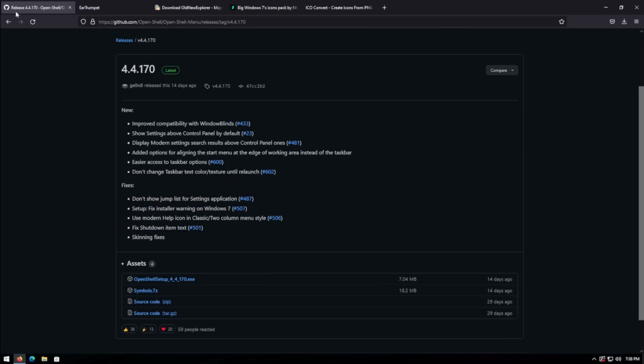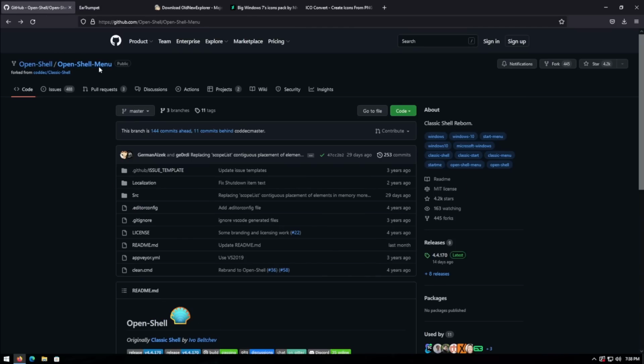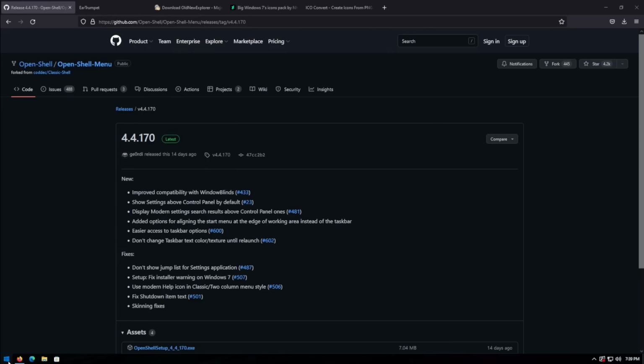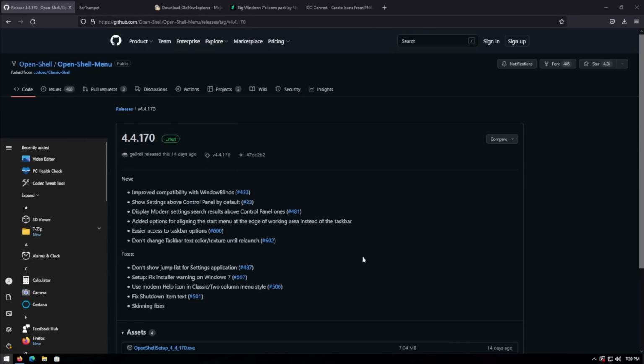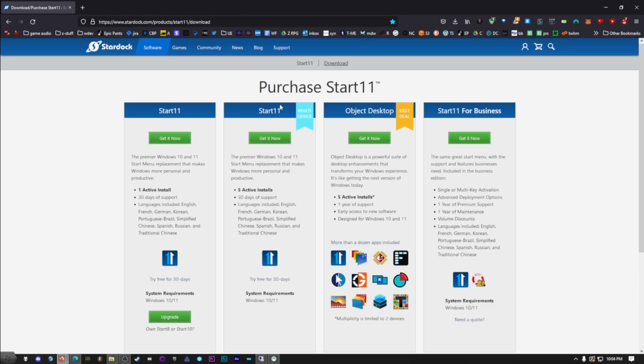Alright, so the first thing we want to do is head over to GitHub and grab a copy of OpenShell. OpenShell used to be called Classic Shell, now it's called OpenShell, but this will bring back the old school style start menu instead of this nonsense, whatever this is. If you're using Windows 11, you're not going to be able to use the OpenShell yet. It's not available yet. So you'll need to use